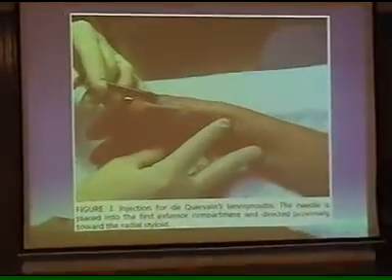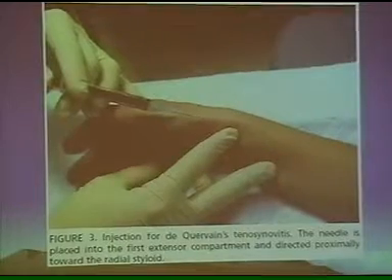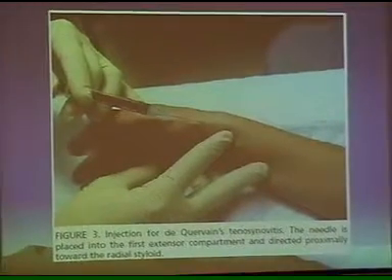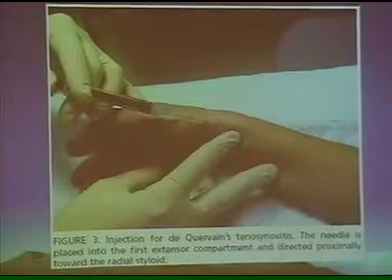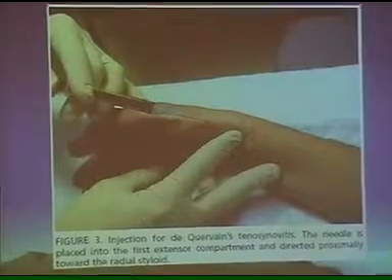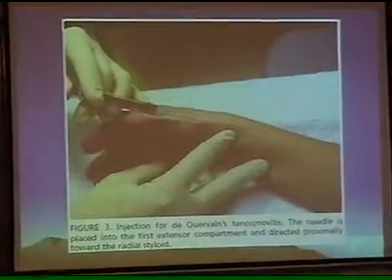So how to inject De Quervain's syndrome or De Quervain's tenosynovitis? We have to go through the first dorsal extensor space, and then direct it towards the styloid process after obviously preparing the skin, going through skin, subcutaneous tissue, and then into the tendon sheath,